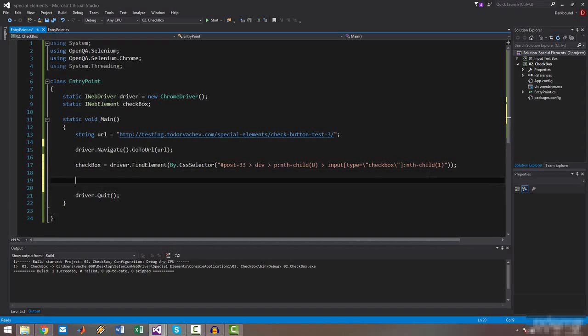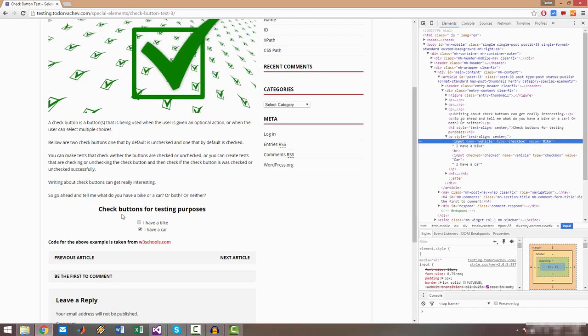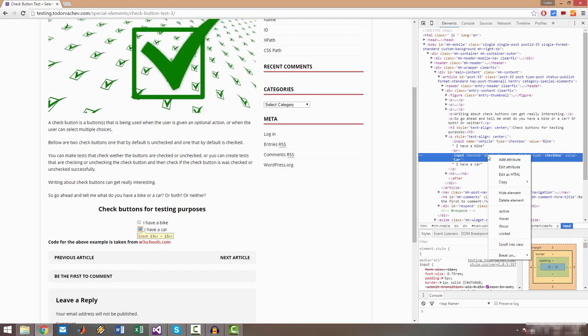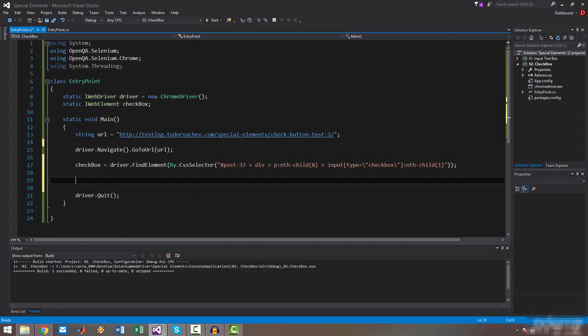So this will allow us to select the first checkbox. But what if we want to select the second checkbox? If we copy its selector and paste it here,